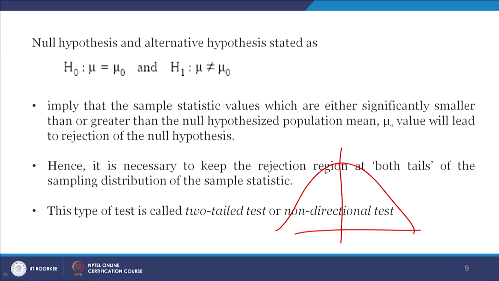But suppose I am sure that the students of this section are more than the mean of the class, then in that case I will never test for the left tail. I will not check the left tail. I will only check for the right, whether actually it is true that the class average mark or whatever it is more than the mu which is the class population's mean. So, this type of test is called a one-tailed test.